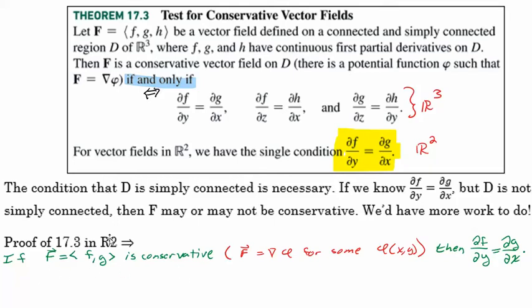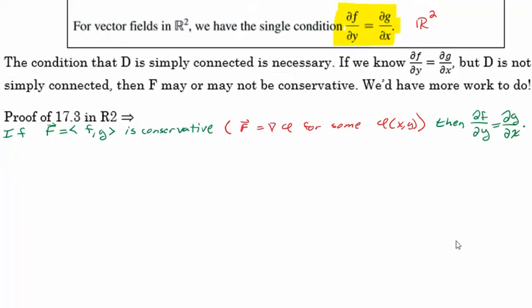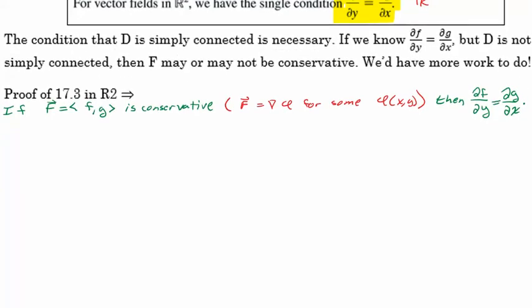Okay, so this is our given information. We know F is conservative, which means that F is equal to the gradient of some phi, for some phi that's a function of x and y. And we're going to show that these two partials are equal to each other. So this is what we're going to start with, and this is where we're going. All right, let's do it. So what we're given is that F is conservative. So since F is conservative,